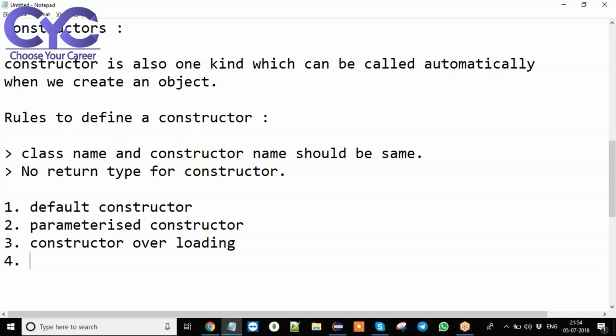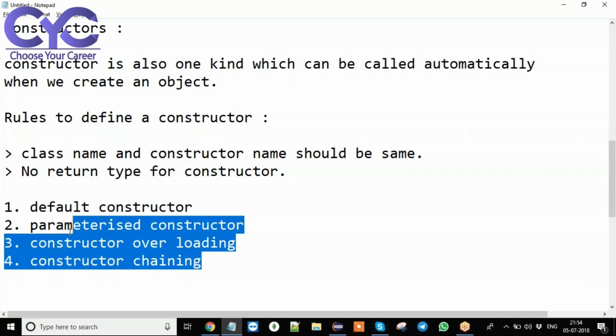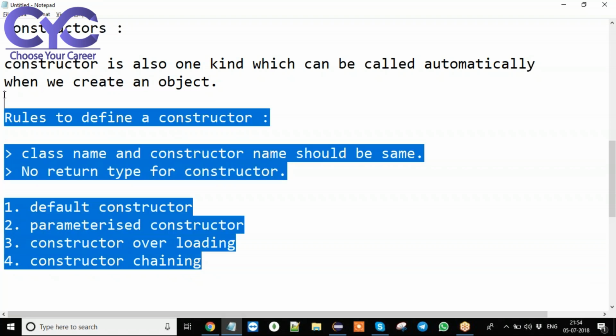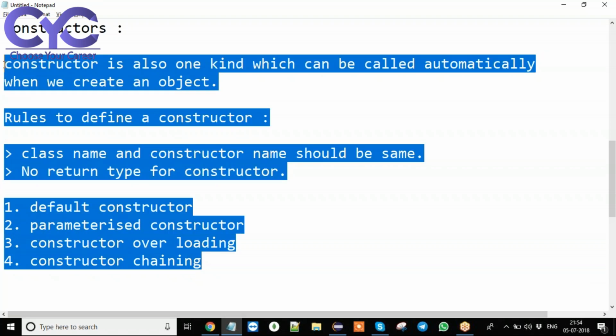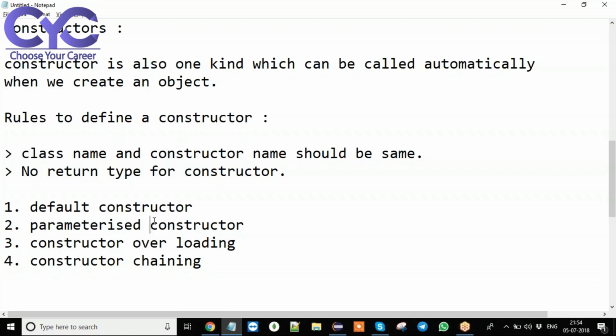And the last one is the constructor chaining mechanism. By taking an example, I am going to explain all these things: default constructor, parameterized constructor, constructor overloading, and constructor chaining mechanism.